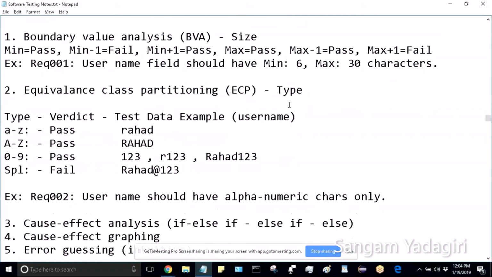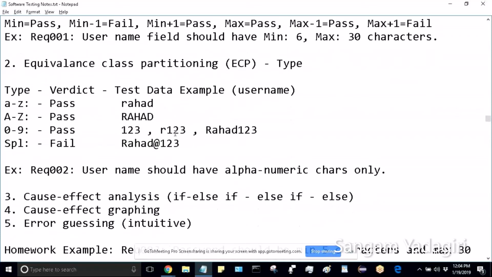And equivalence class partitioning is for the type. So let's say username should only have alphanumeric. It's basically the same requirement; I divided it. Username field should have minimum 6, maximum 30, and it should be in alphanumeric characters only. That is a single requirement. Just for your understanding, I divided it. So if you want to test this alphanumeric, you have to divide